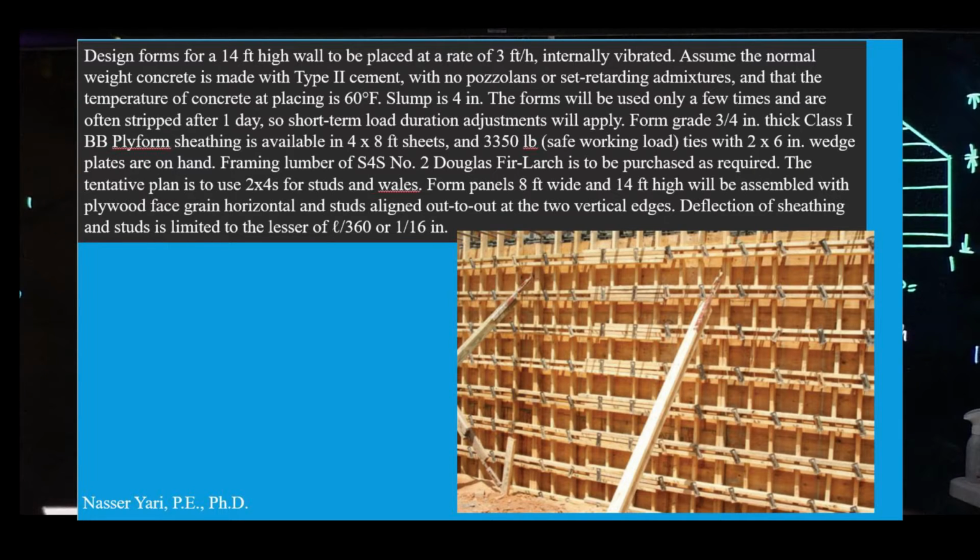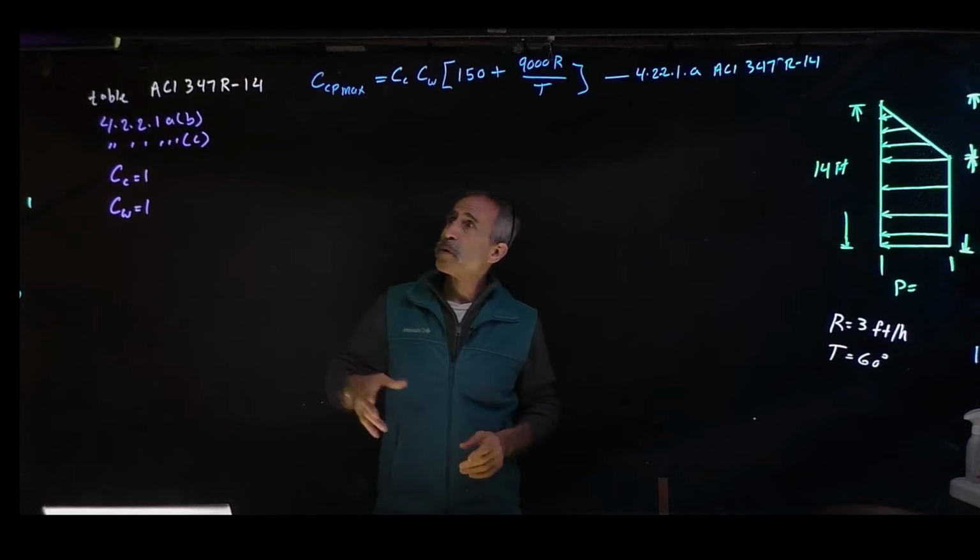We're going to design this based on ACI 347R-14. We're going to design this entire form from beginning to end. First, we're going to calculate the pressure for a 14 feet wall. If you go into the table